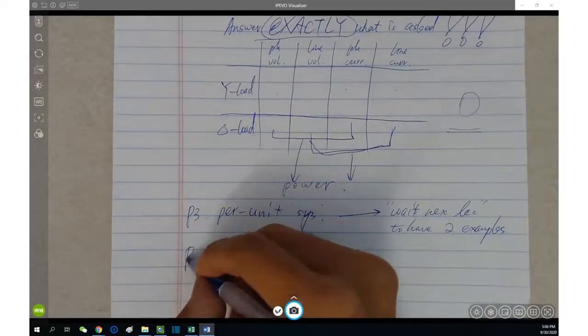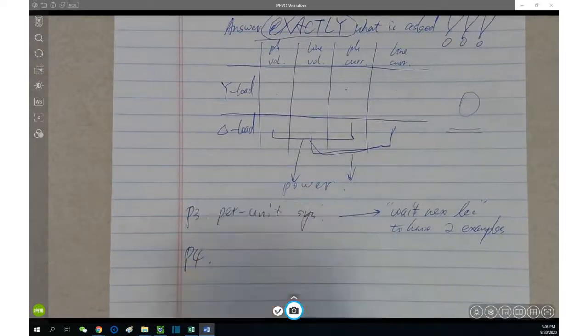The homework, which has a couple of per unit system problems on it, is due tomorrow. And I just didn't know if we were going to go over some examples before, so we'd have an idea of how to answer the homework problems. That's a good point. I thought I was going to have some time today, but